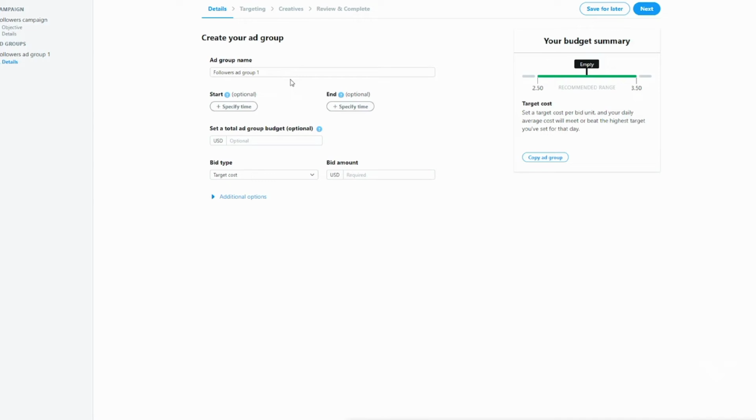Alright, so here we are on the ad group page. Now the first thing you'll notice is that some of these variables seem to conflict with the variables on the campaign creation page. However, this is overlap, okay? This is sort of compartmentalization. The idea is you can have multiple ad groups, so why not compartmentalize and have one ad group with one angle that ends on a certain day and then have the other one with a different angle take over on a certain day, all within the same